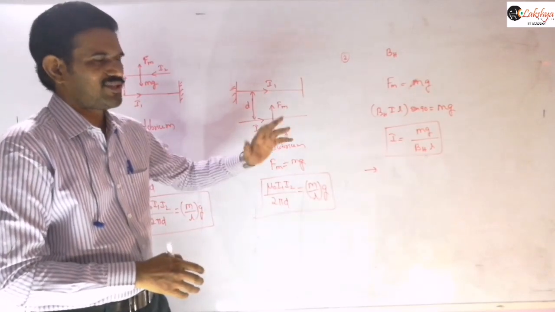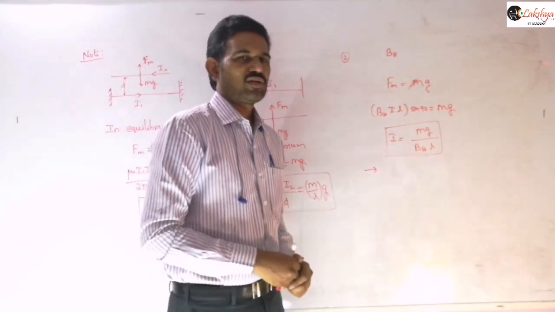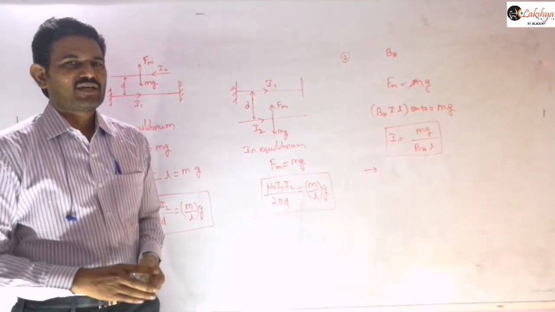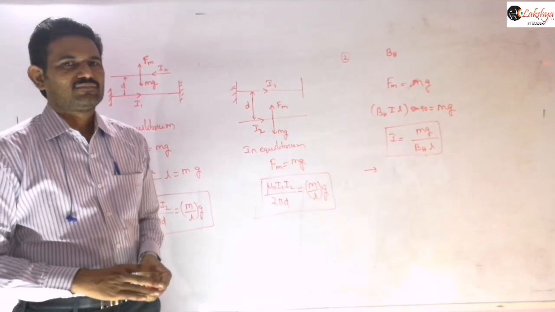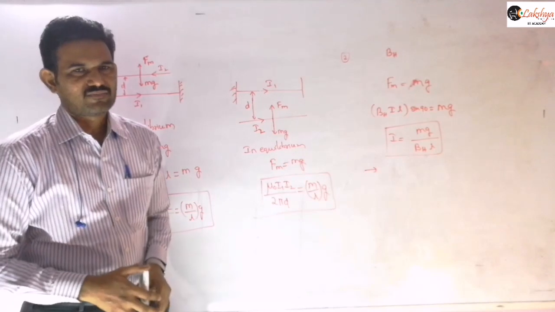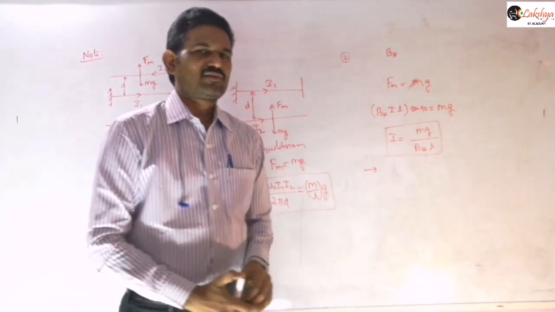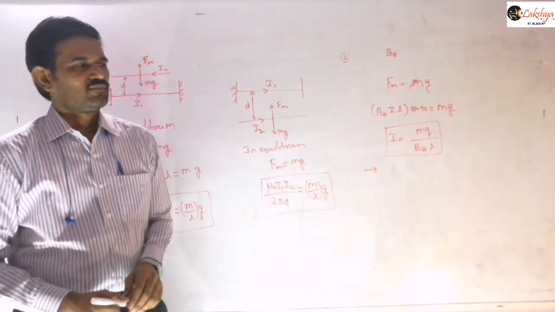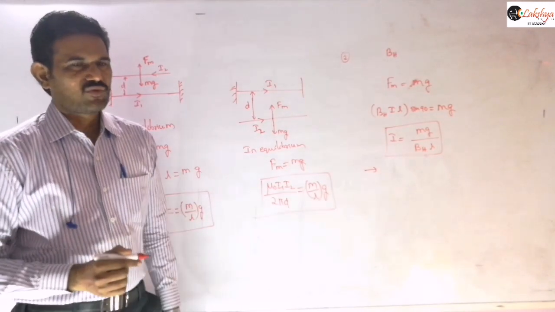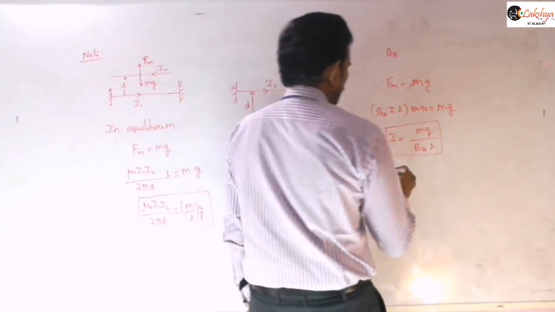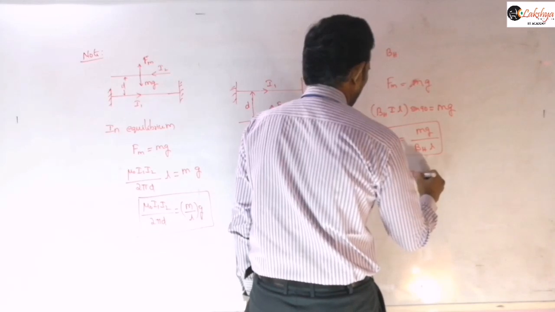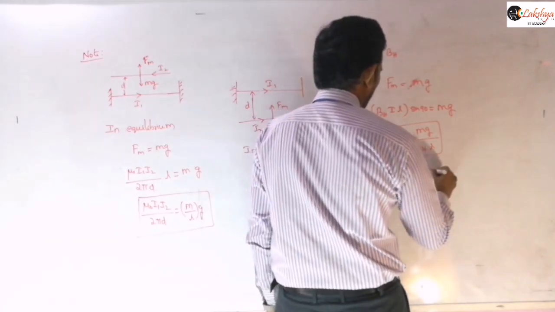Or just mention that in the above case, if the conductor is making an angle theta with east, then the current required to balance the weight of the wire is given by